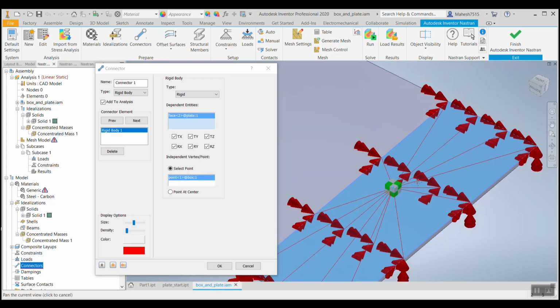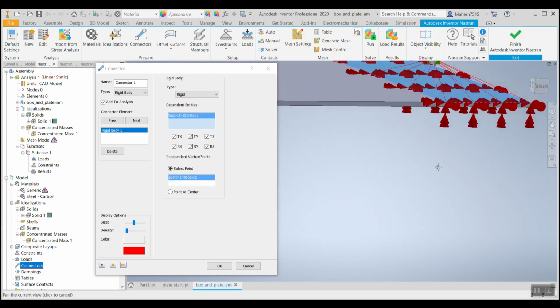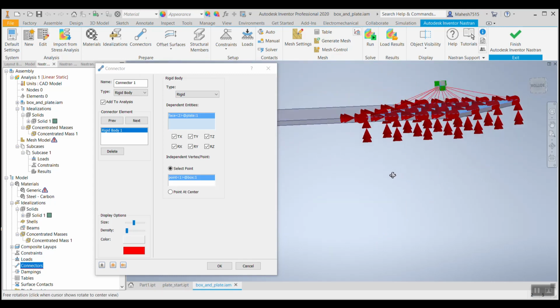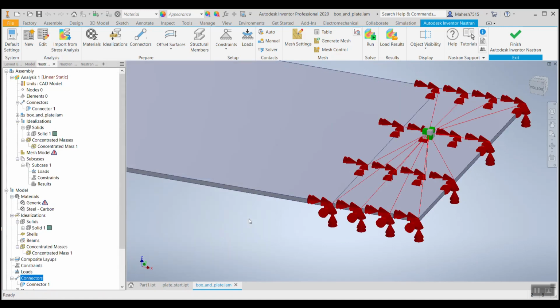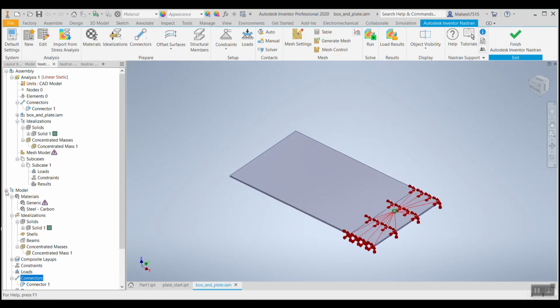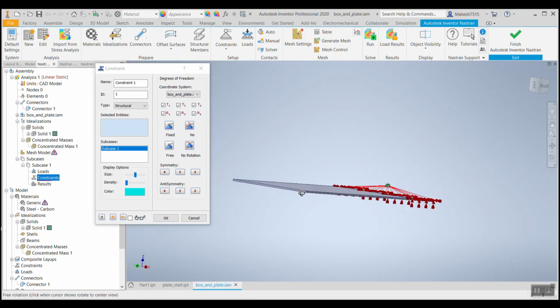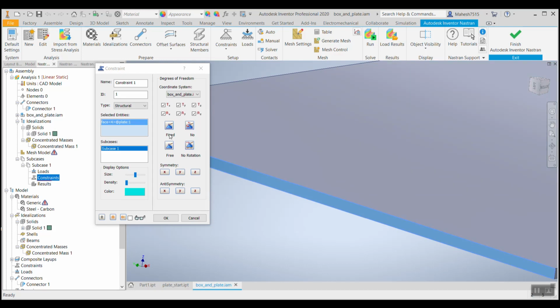You can see it automatically creates a spider throughout our concentrated areas of mass. Say OK. So we are ready for our analysis. I'll go back to constraints, new. We'll say this face is a fixed face, fixed, say OK.